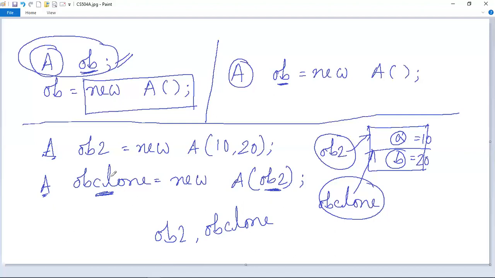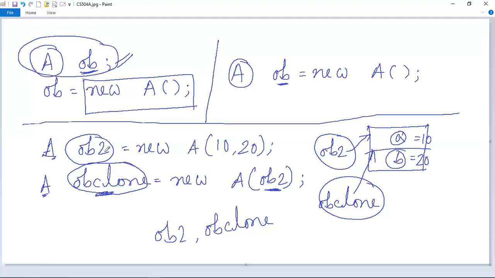That's why we can say that this OB clone object is a clone object of this OB2, because whatever values we will be passing here using the object OB2, using this object creation statement of OB2, will also be there in this OB clone object. If you pass here three values, the OB clone object will also contain three values, the exact copies of those three values that have come to OB2. So basically this OB clone object is a clone object of OB2, and this is how we can implement the concept of object cloning in Java.